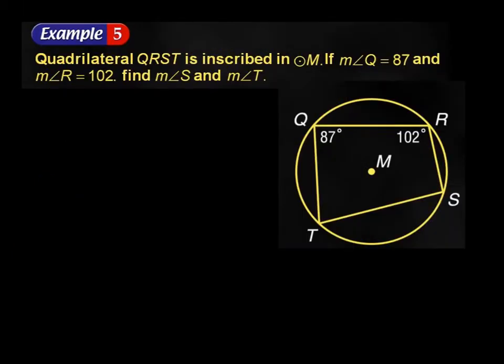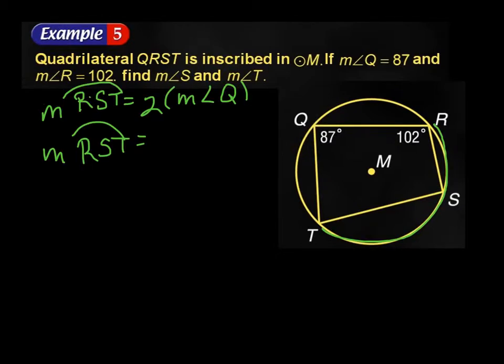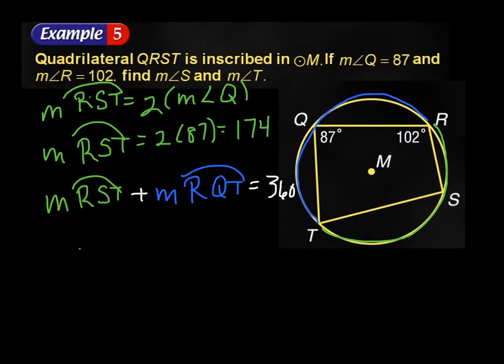Quadrilateral QRST is inscribed in circle M. If the measure of angle Q is 87 and the measure of angle R is 102, find the measures of angles S and T. Well, the measure of arc RST must be twice the measure of angle Q because the angle is inscribed in it. So 2 times 87 gives us 174. And we know there's 360 degrees all the way around the circle, so the measure of arc RST, which we just found was 174,